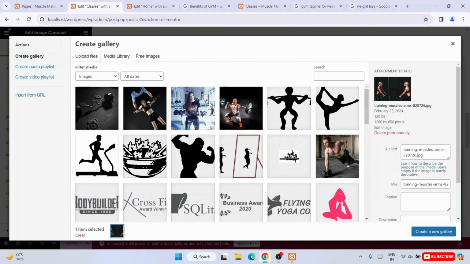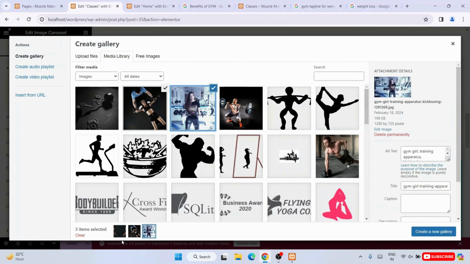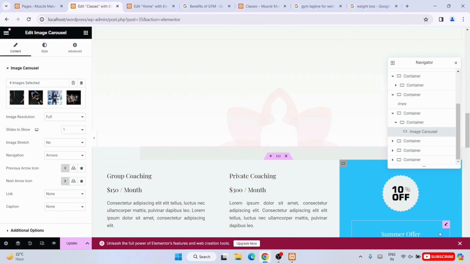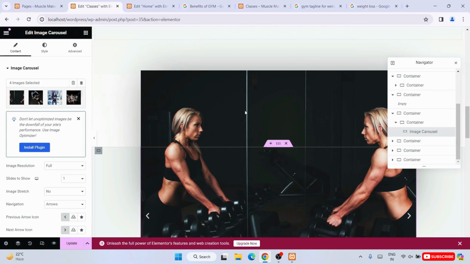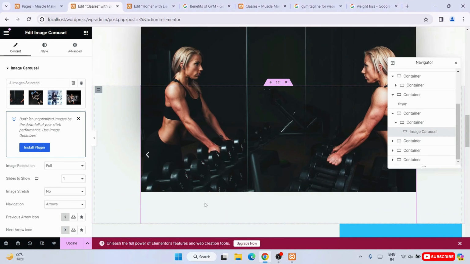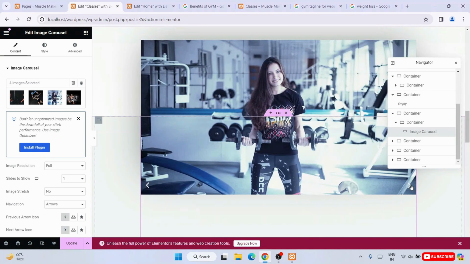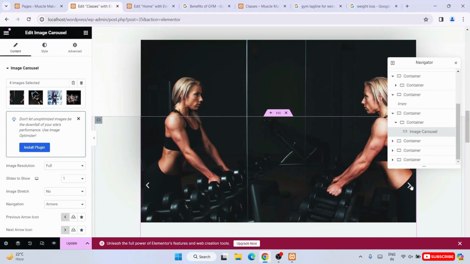Similarly, you can select from your media library as well. Let's say I'm selecting this one. You can see that 3 items are selected, right? And I'll also select this one. So for the time being I'm going to select 4. So click on create a new gallery, and insert gallery, and you will be able to see that 4 images are rightly added over here, and those images are also set as our image slider. So you can always click on this arrow and you can see that it is properly showing the image slider,